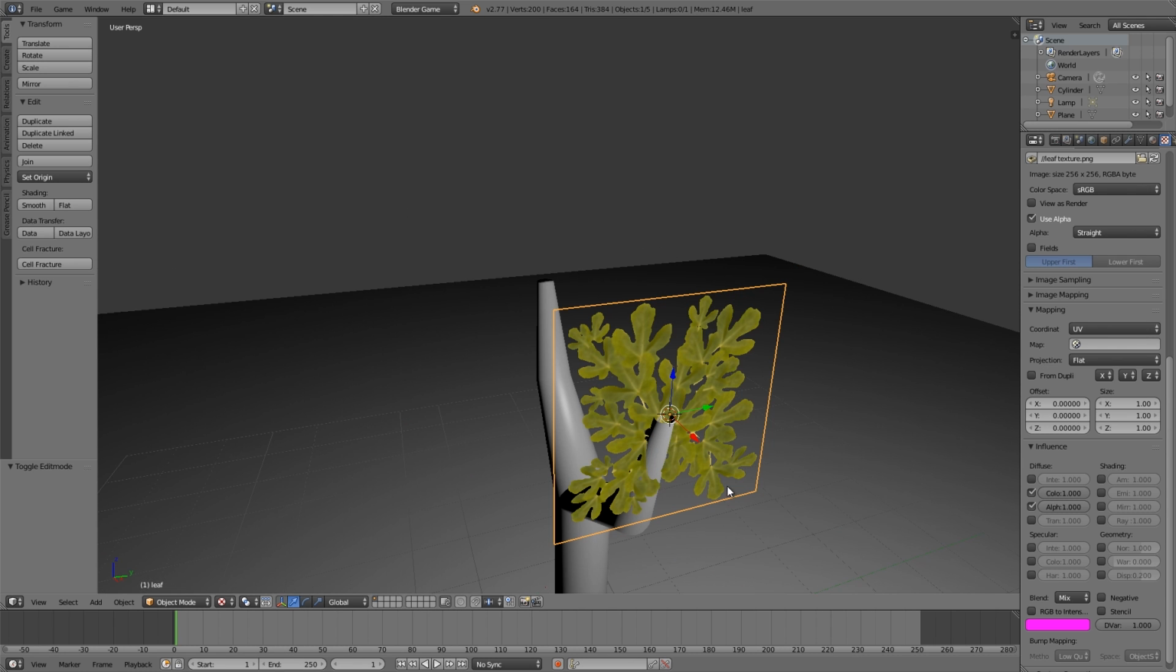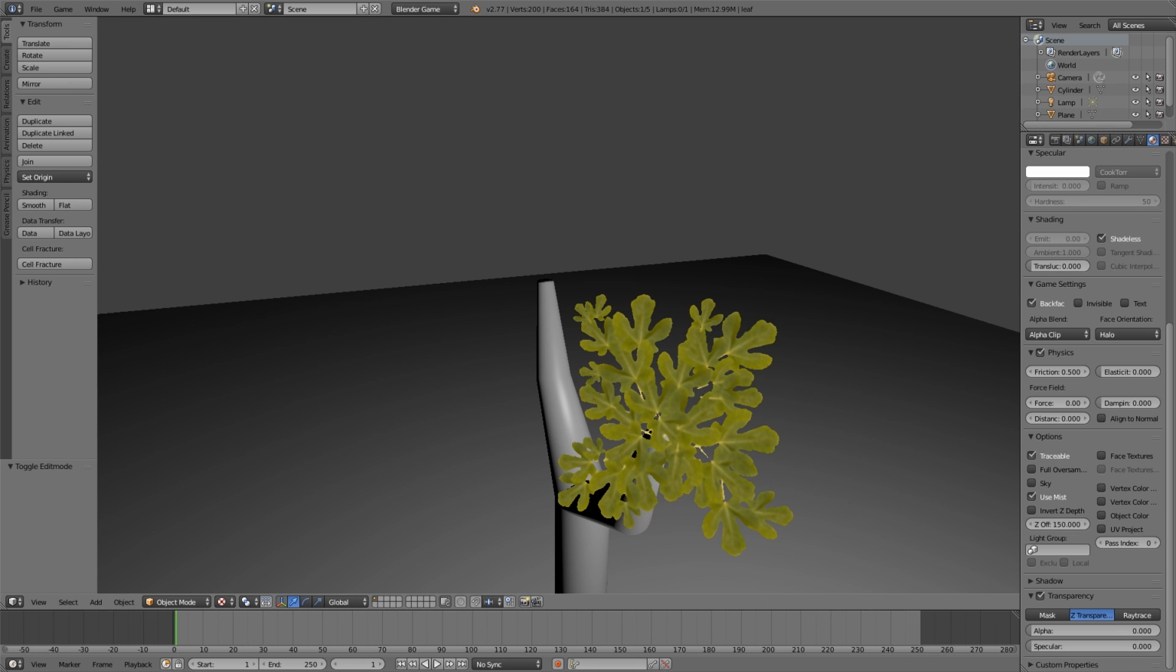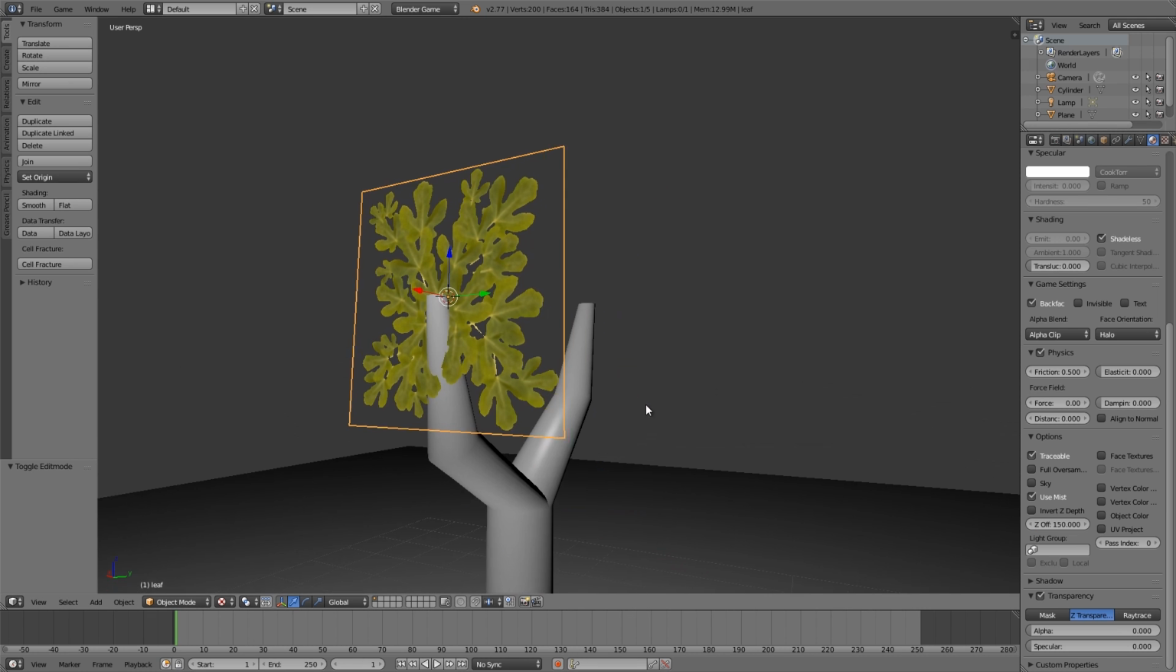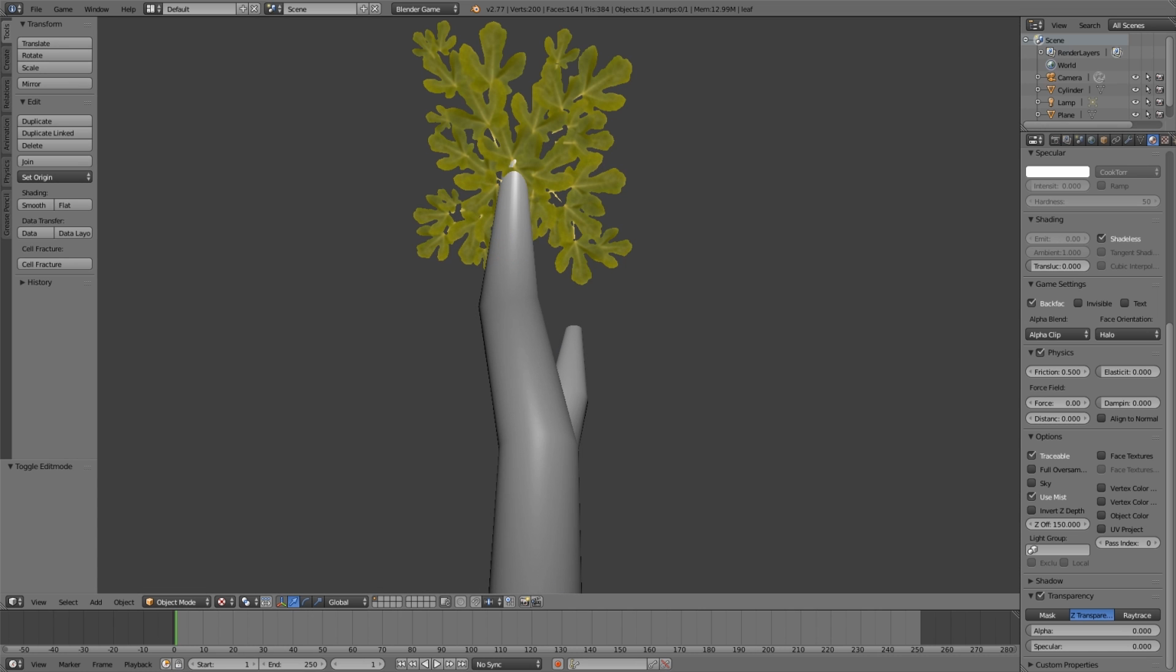So to do that, we're going to go into the material settings. We're going to change the Z offset. This basically just means that these leaves here will get rendered in front of the trunk. So here under the Z offset, I'm going to select 150. So now if we press play, you'll notice it's in front of the trunk. And this is really useful because now whatever angle you look at it, the leaves will always be in front